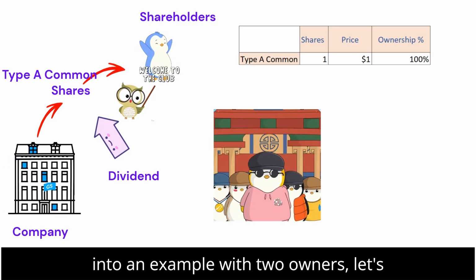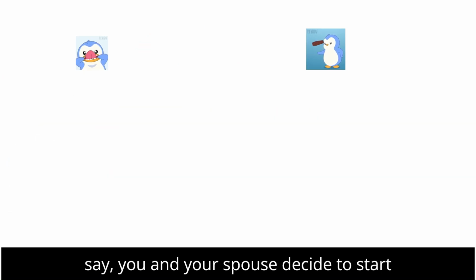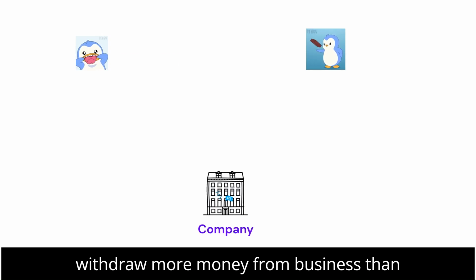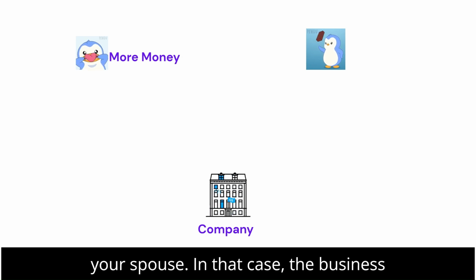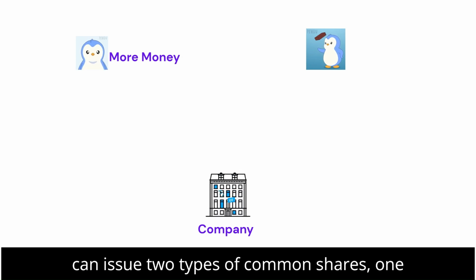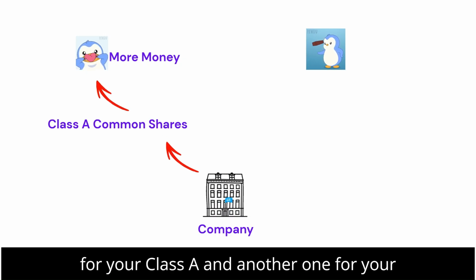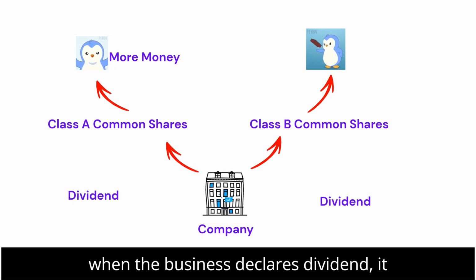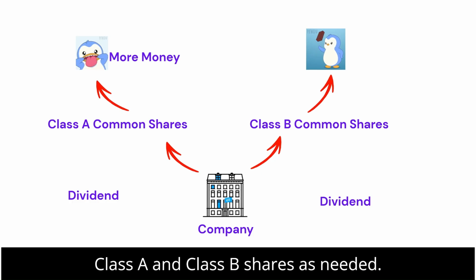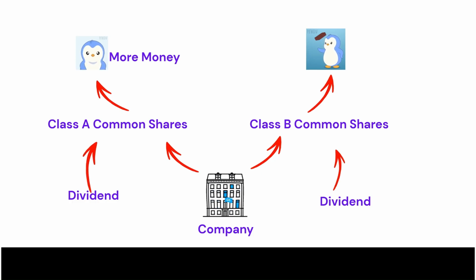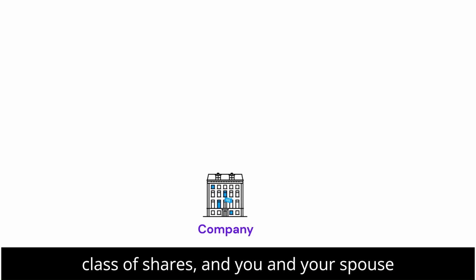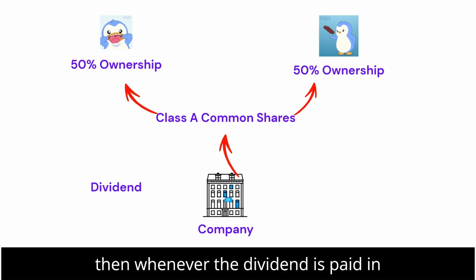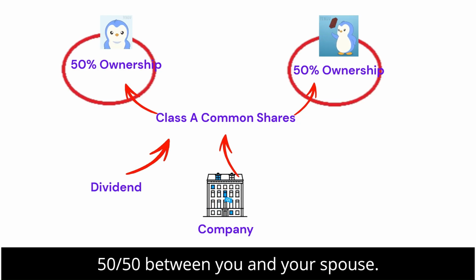Now let's look into an example with two owners. Let's say you and your spouse decide to start a business. Now you both want ownership in the business, but you would like to withdraw more money from the business than your spouse. In that case, the business can issue two types of common shares, one for you, Class A, and another one for your spouse, Class B. So now, when the business declares dividend, it can declare separate dividends for each of Class A and Class B shares as needed. Alternatively, if there was only one class of shares, and you and your spouse had 50/50 ownership in that class, then whenever the dividend is paid in that class, it would have to be split up 50/50 between